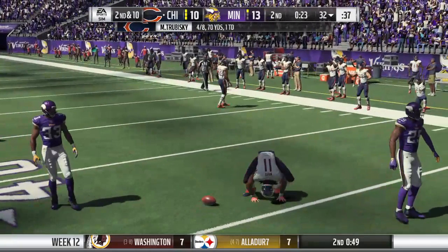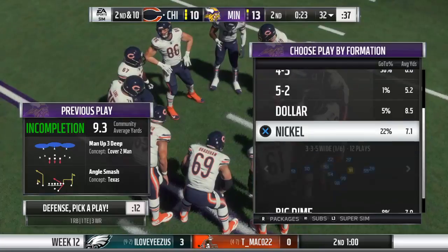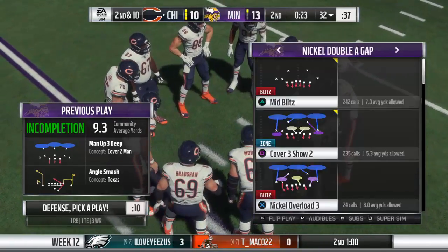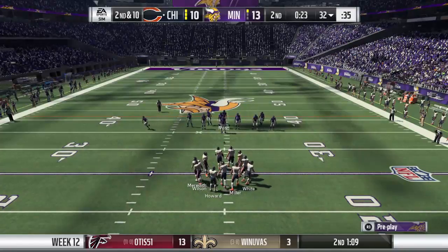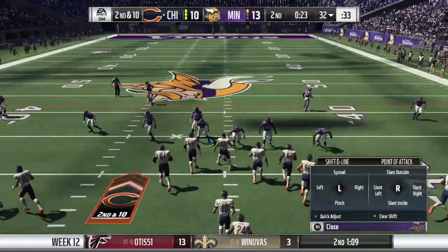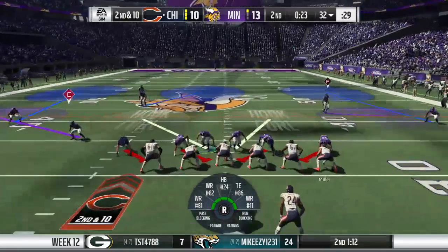Got hit. Ball pops out, incomplete. The one thing that I've liked defensively is that they've shown them a lot of different looks here in the first half. They've come after them, they've sat back. I think that's what you need to do to keep an offense guessing. And they certainly have kept them on their toes. That's why they haven't had much success on the scoreboard. Green